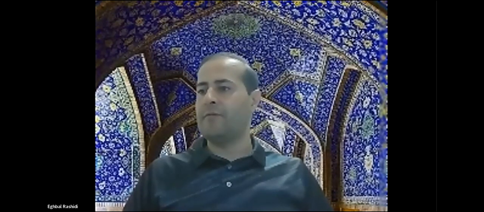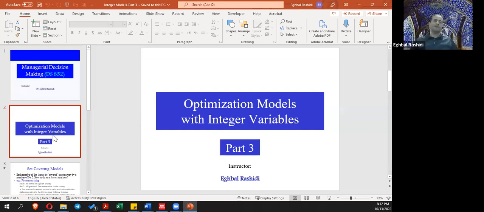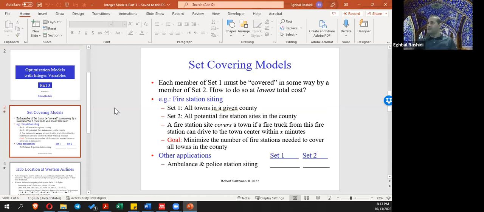The problem, part 3. Integer problems, optimization models with integer variables, part 3. So this is another type of integer models, or models with integer variables. We call them integer programming models. It's set covering models. Suppose that each member of set 1 must be covered in some way by a member of another set. For example,